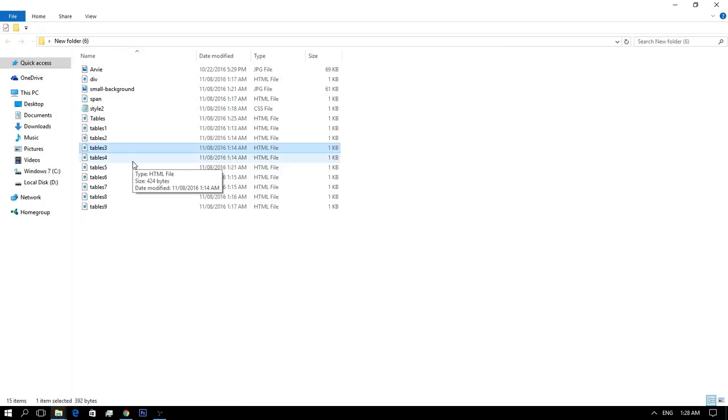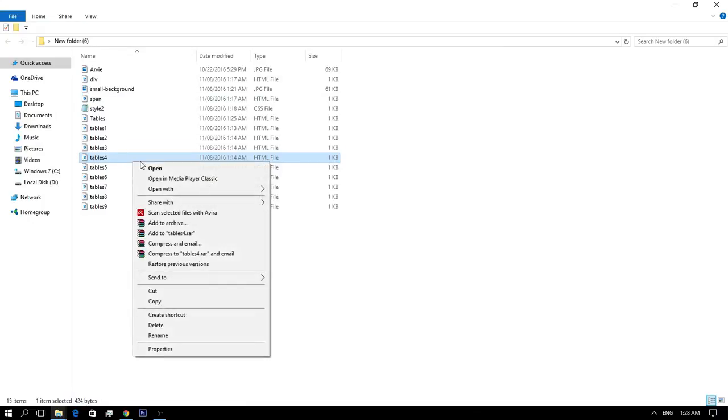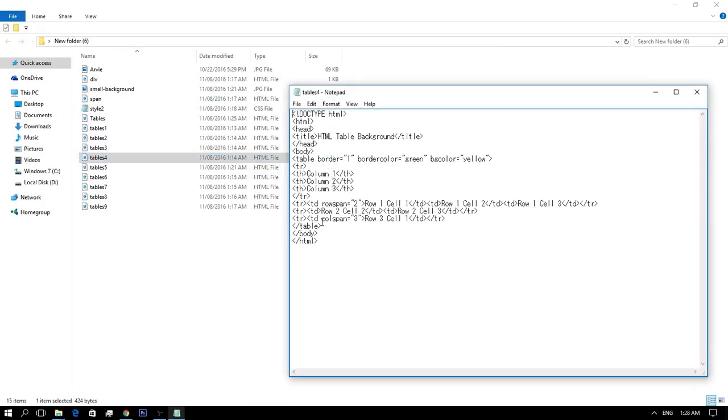Let's now move into the table backgrounds. So you can set table background using one of the following two ways. With the bgcolor attribute, you can set background color for the whole table or just for one cell.